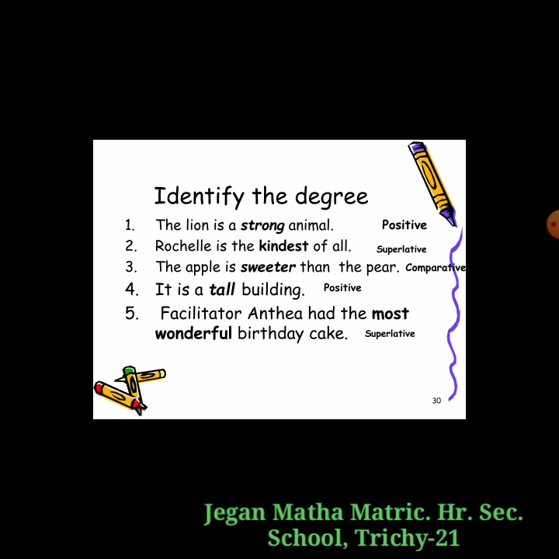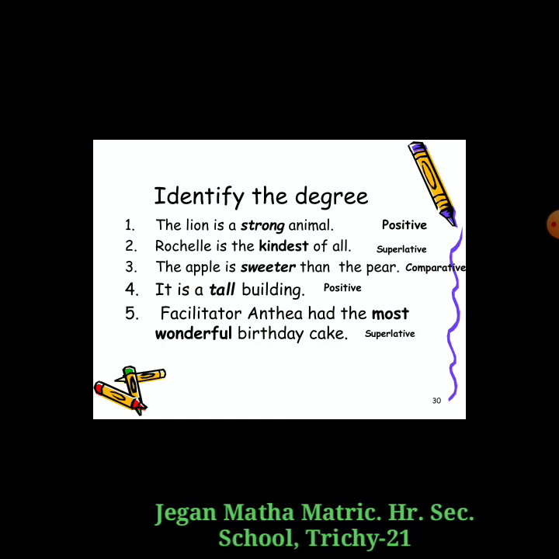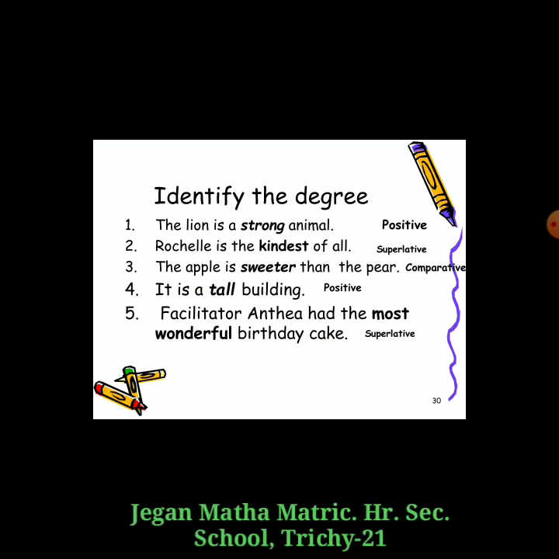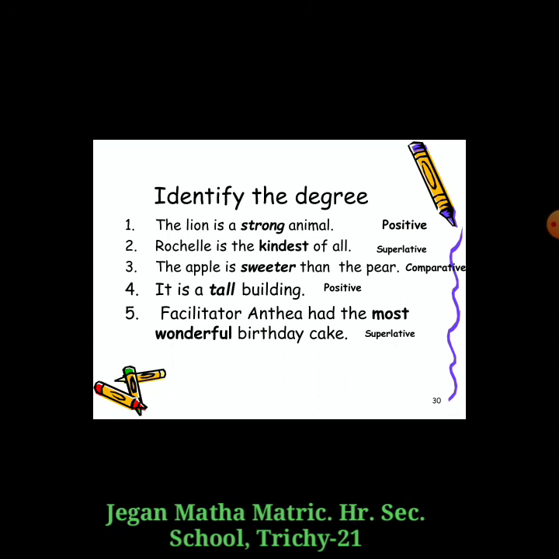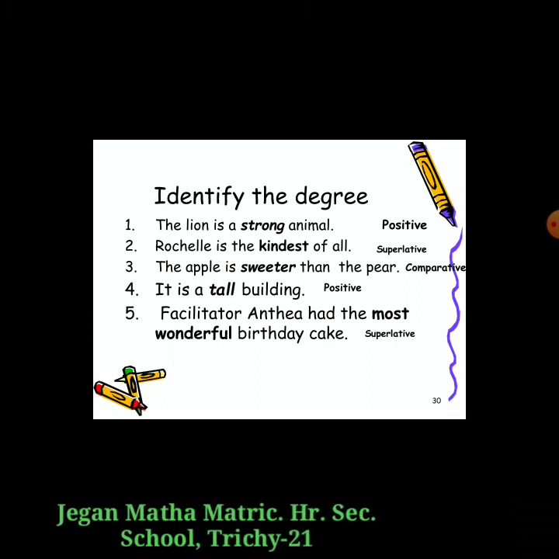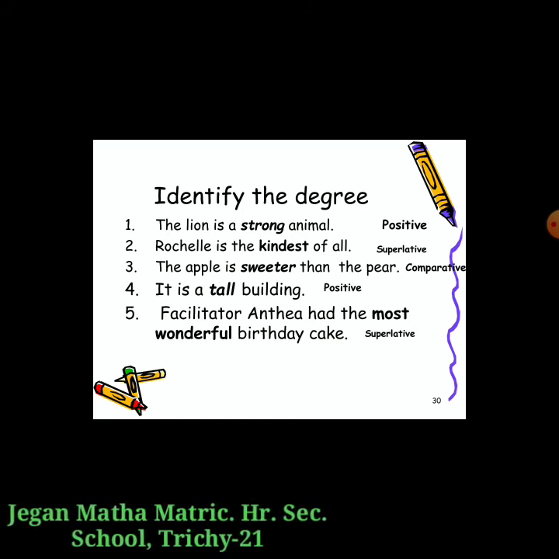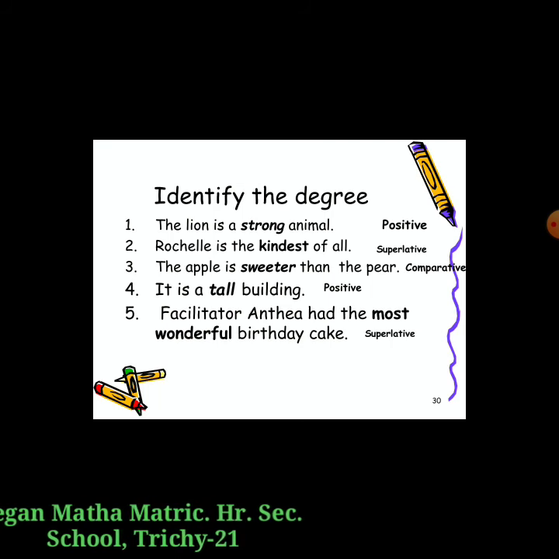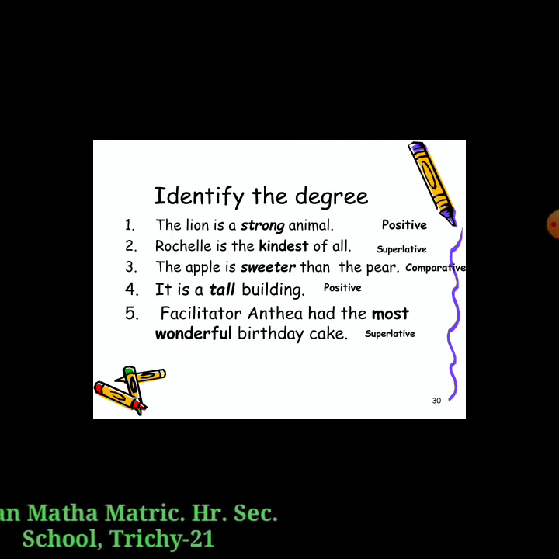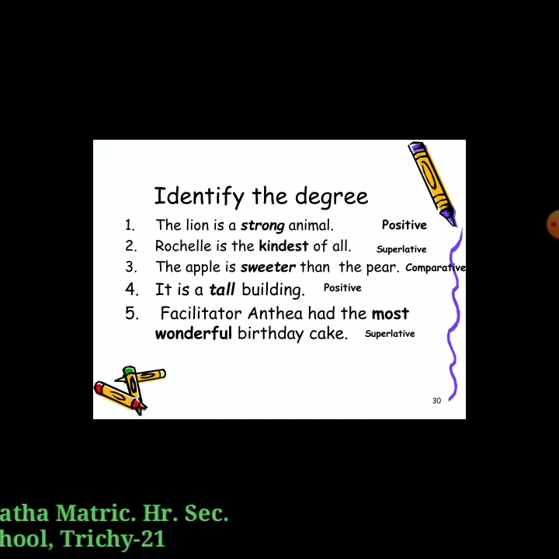Comparative degree: er than many other. What did you learn in the second type? Comparative: er than any other. Here it is than many other. Superlative degree: one of the dash est, one of the tallest, one of the greatest. Okay, so we can use that. Through this tableau column we can easily change from positive to comparative and comparative to superlative.